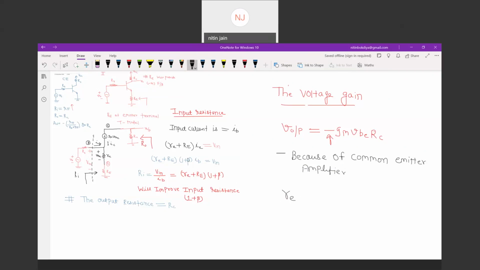Or we can say one more thing that V output is equivalent to minus GM into VB. What is VB? VB is IE into RE, into RC. Why? Because here the current is IE, so IE into RE will give you VB. And what is IE? We know that